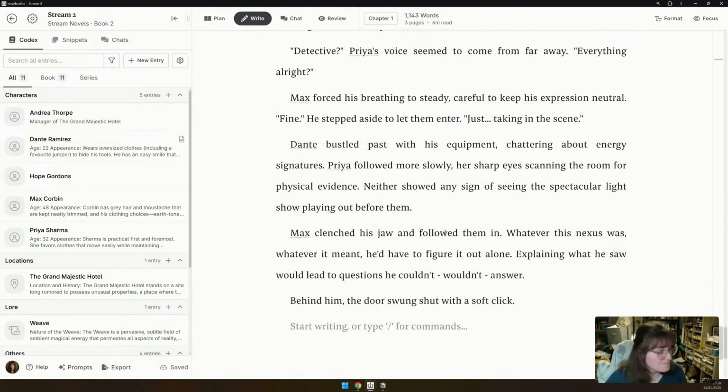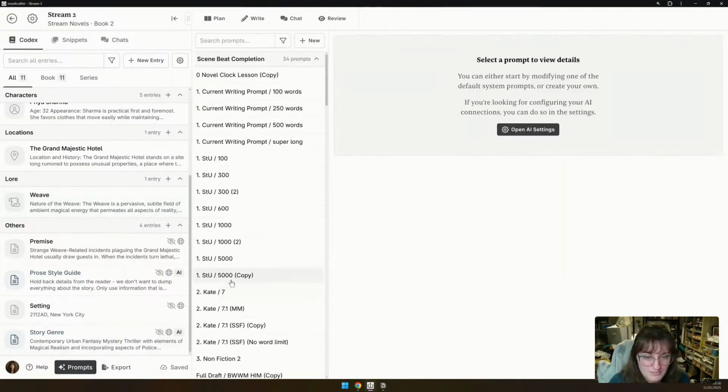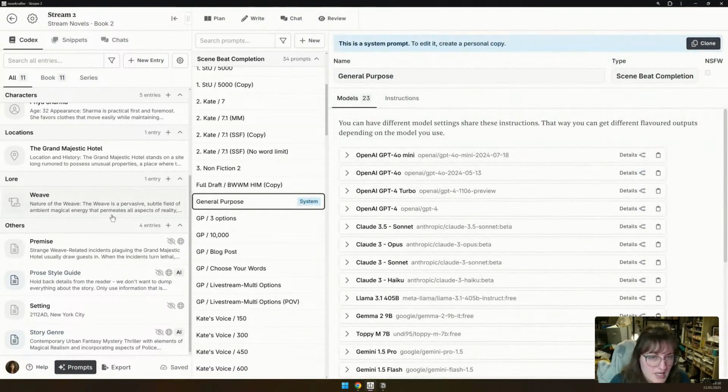Let's see how well it does. Okay. So what I'm seeing here is that there are a lot of AI-isms and a lot of stereotypes, but I think that is a matter of needing to tweak the style guides, and with playing around with the prompt, you would be able to do stuff. I'm not gonna play with the prompt. I'm just gonna go in. We're just gonna go general purpose. Ignore all my messy attempts.